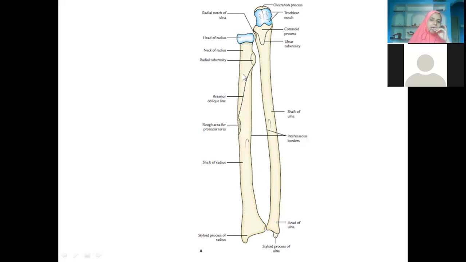Now between the anterior border and interosseous border, we will have the anteromedial surface. Between the anterior border and posterior border, you will have the anterolateral surface. Then between the interosseous border and posterior border, we will have the posterior surface. If the bone is in your hand, it becomes more clear for you to make out. Basically, remember it has 3 borders: anterior, posterior, and interosseous, and an anteromedial surface, anterolateral, and behind is the posterior surface.